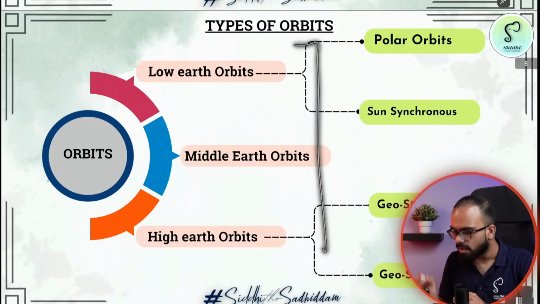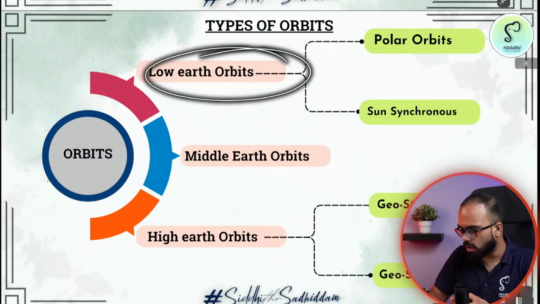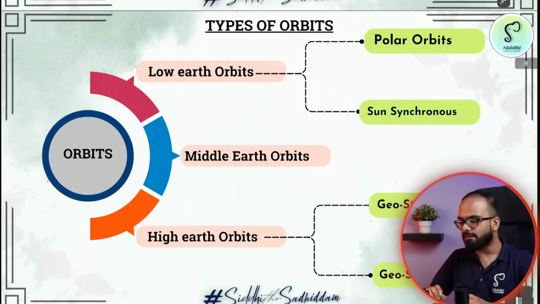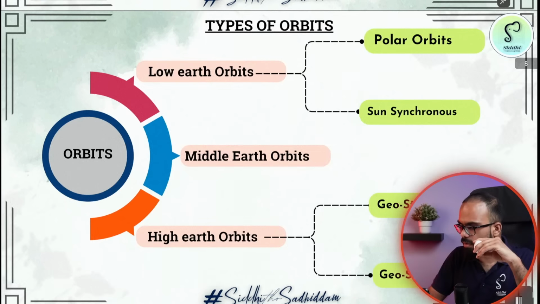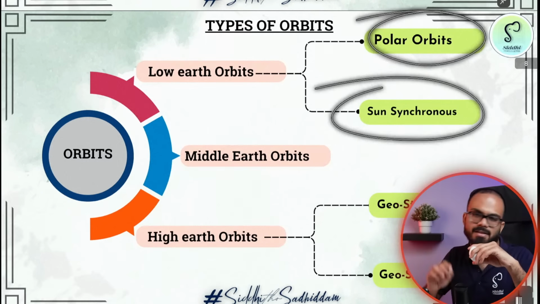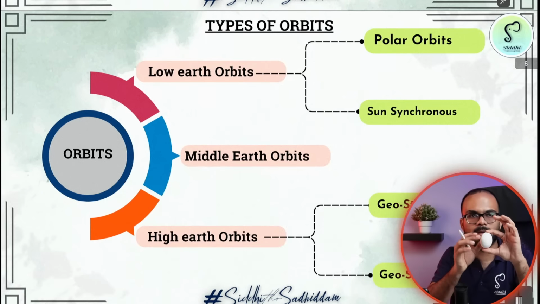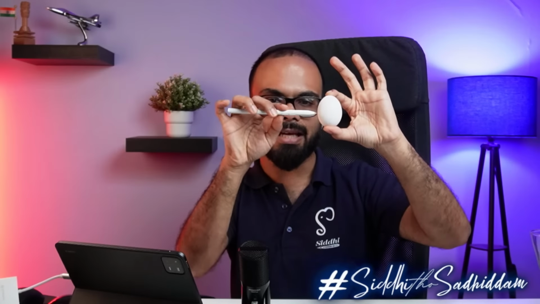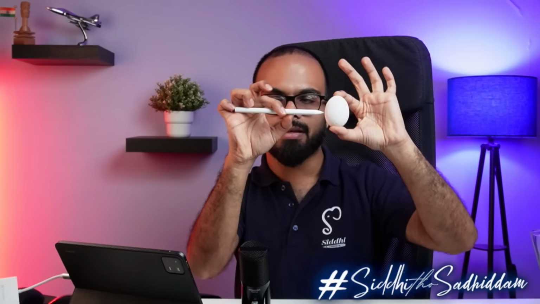Of these three, most commonly used orbits are low Earth orbits and high Earth orbits. Within low Earth orbits, there are various types of orbits called polar orbits, sun synchronous orbits, etc. I will tell everything with the help of an example again. Now tell me, I want you to answer a particular question. This is my Earth surface, and there is a satellite at this particular height. Height, let us call A. A is one height and B is one height. There is a height A, there is a height B. There is a satellite at height position A, there is a satellite at position B.